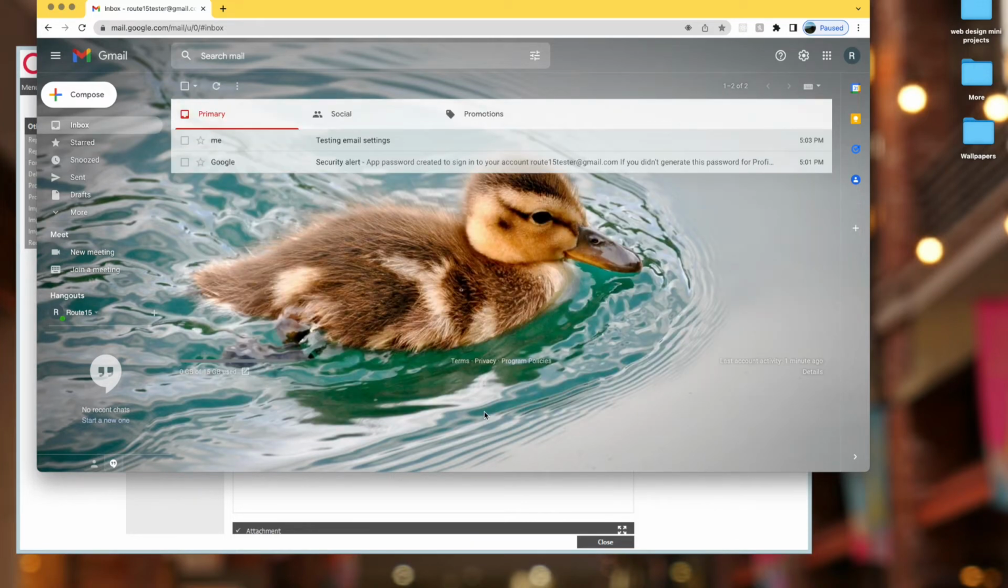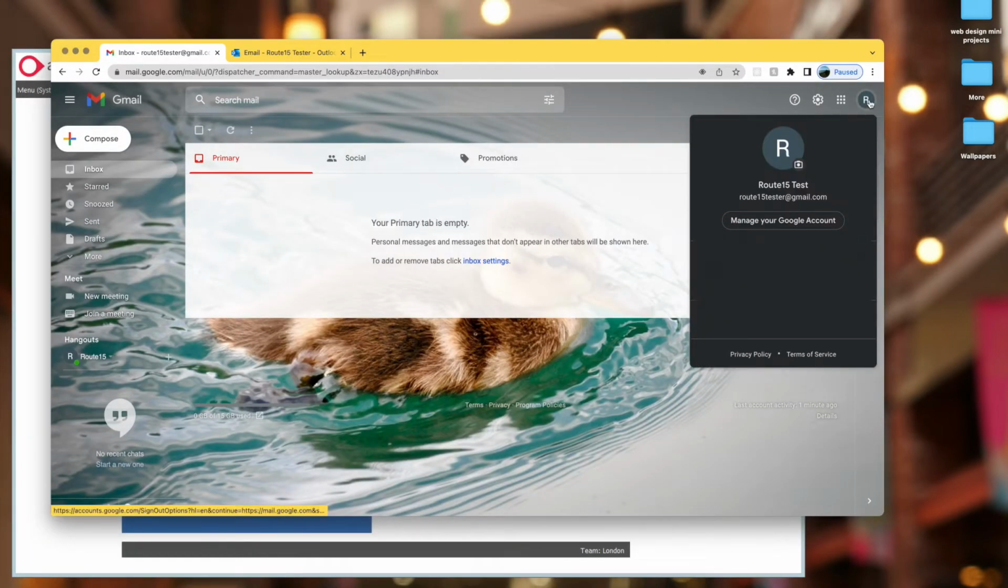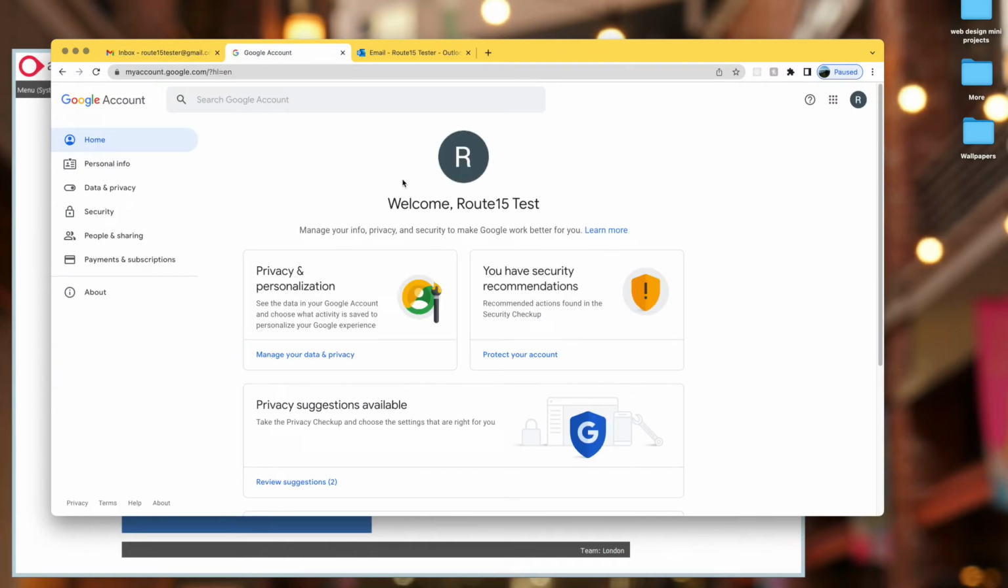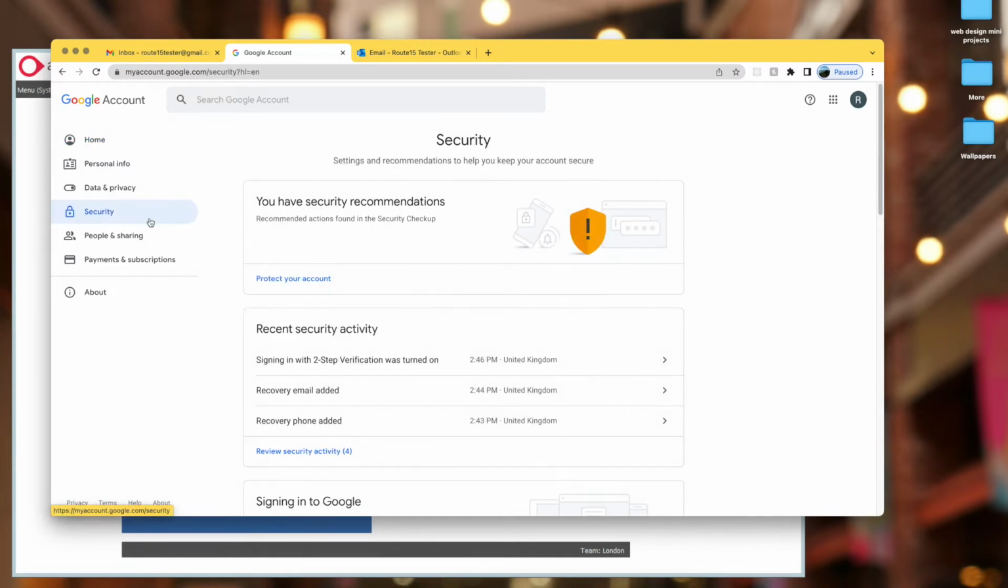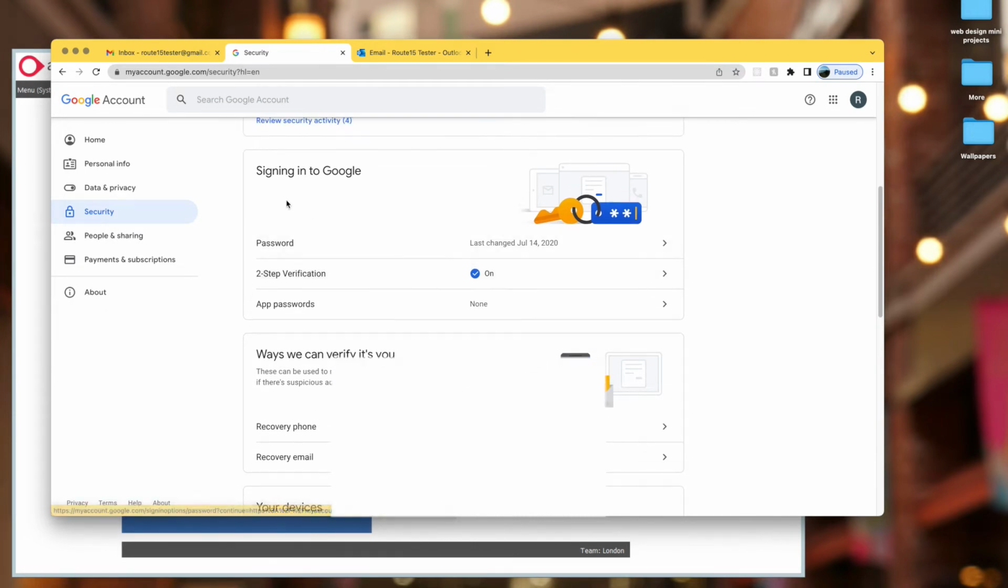Then from the Gmail home screen, I'll click on the icon on the top right corner and then select manage your Google account. And then from here I will click on security on the left hand side and then scroll down slightly, and there will be a section called signing into Google. Here you can see that I've got two-step verification set up, and that's the reason why the standard password is not working when I use it inside of the Profile CRM system. Just below that you've got app passwords. If you click on that,